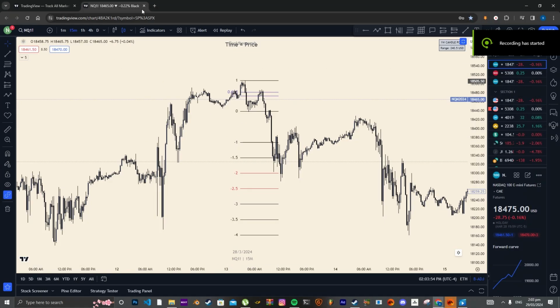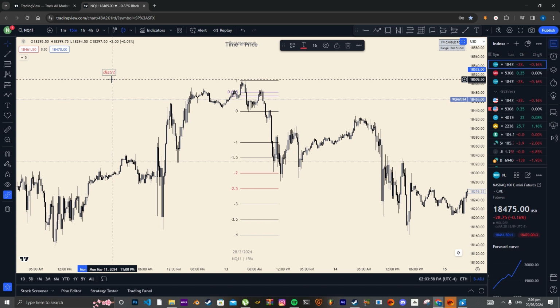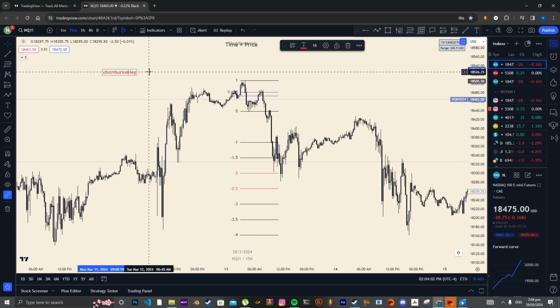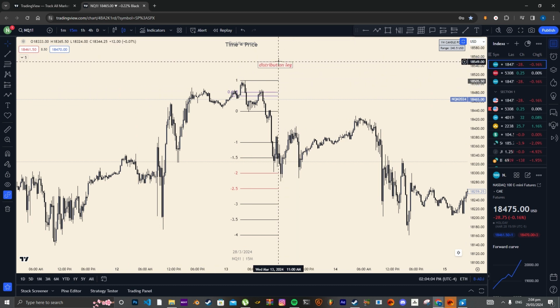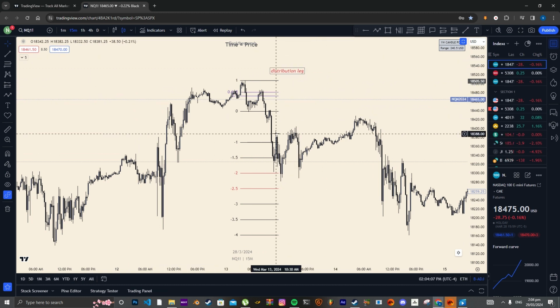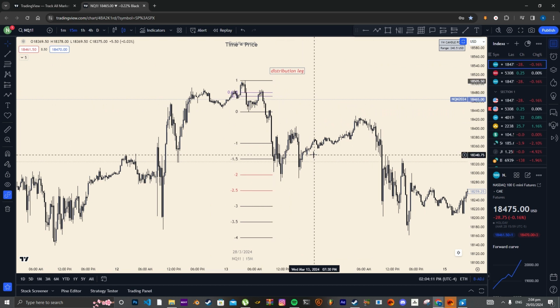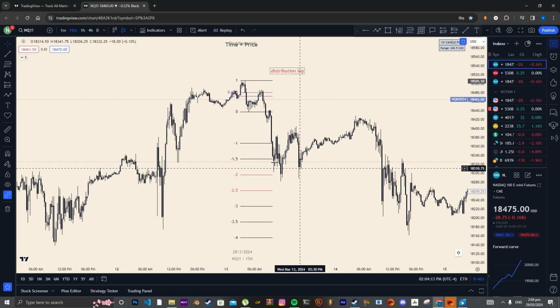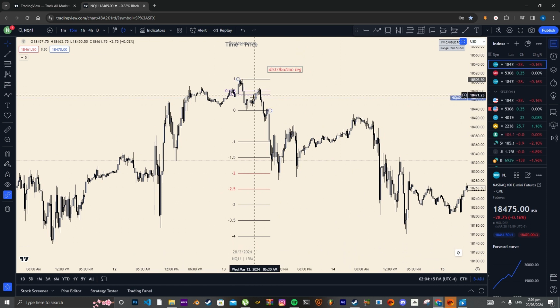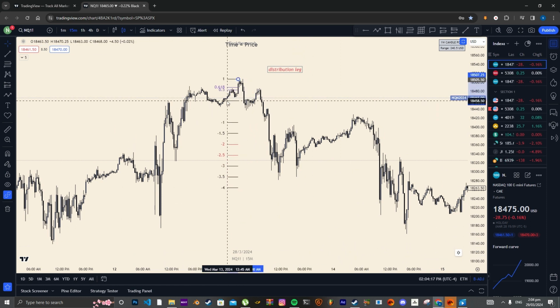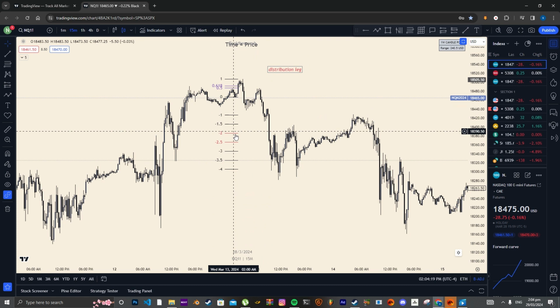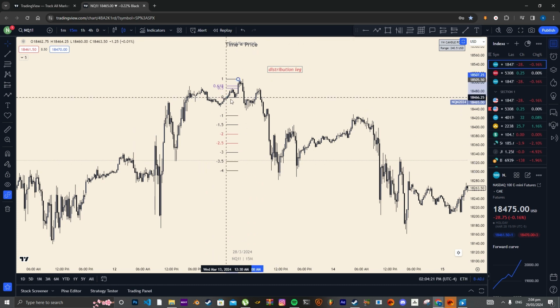Here's our example of our distribution leg. So we'll just title this distribution leg. And honestly, I don't want you to limit yourself and only think that you can use one type. It really just depends which one lines up better with liquidity. Realistically you can use the manipulation leg here, but it doesn't line up with liquidity as well as using the